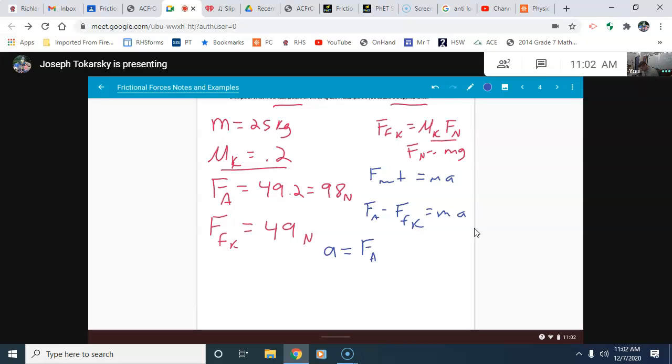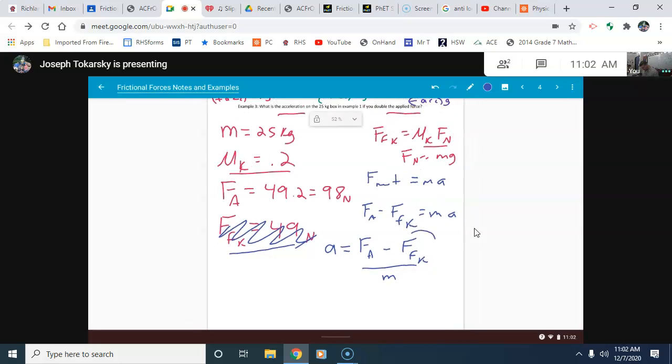And actually, you know what? Although we could, I'm going to just solve something from scratch. I do know that that's still 49. But let's just pretend that we didn't know that. It will still come about in this formula when I flip this around. Let's pretend I didn't have that old number to look back on. We could just find it right here within the problem, because I'm going to make the same substitution I did before. It's going to be the applied force